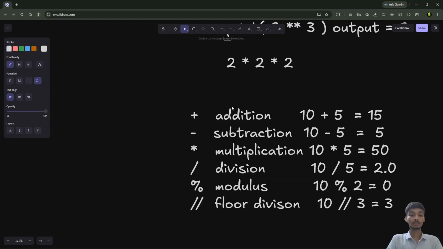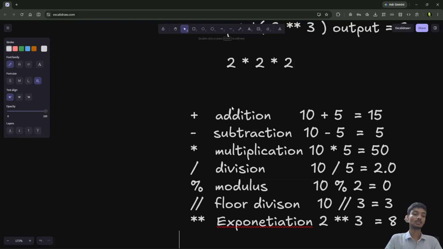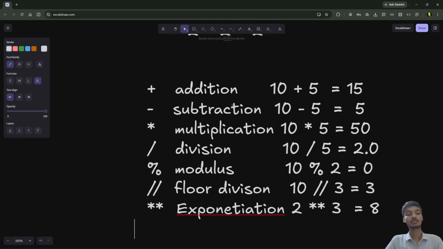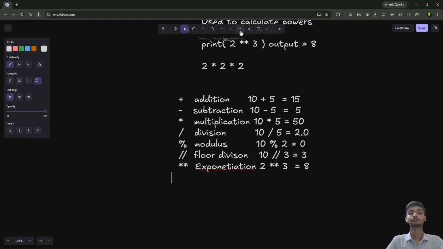For exponents, you can say that it is used to calculate powers. If I write here 2 to the power 3, that's fine, you understand, it equals 8. So this is our whole recap table. I have summarized it in short for you. Okay,